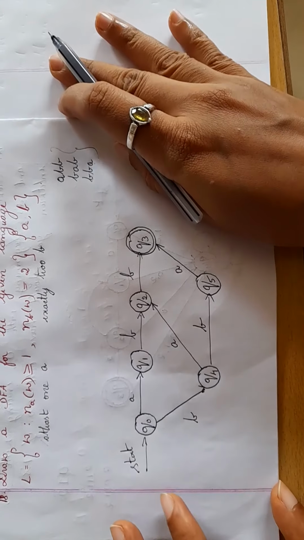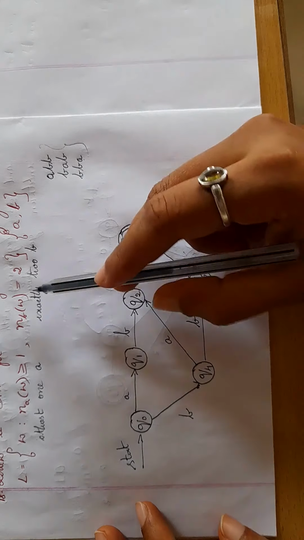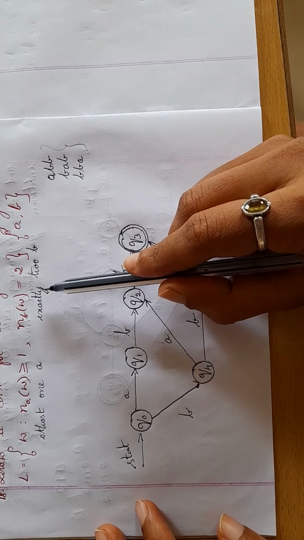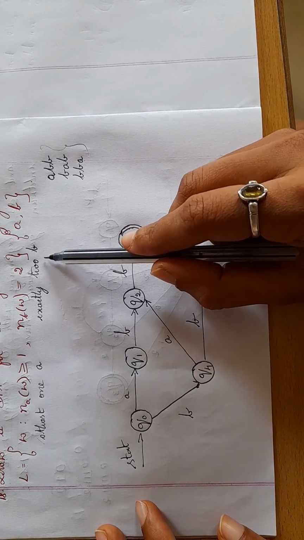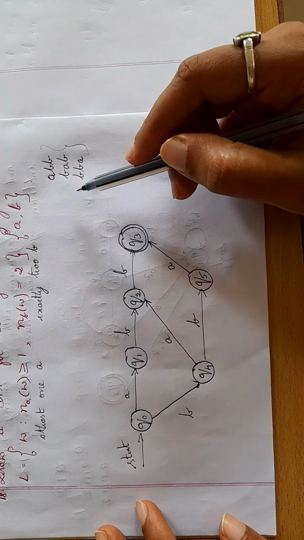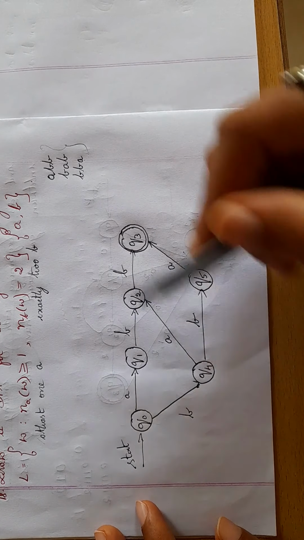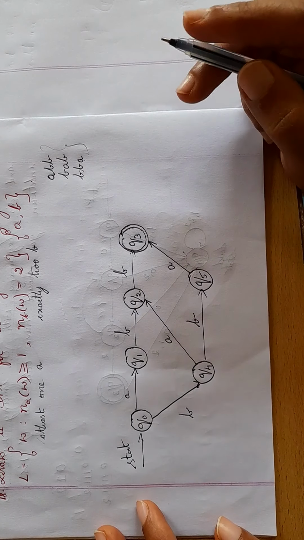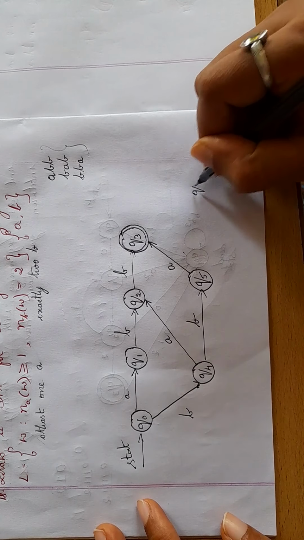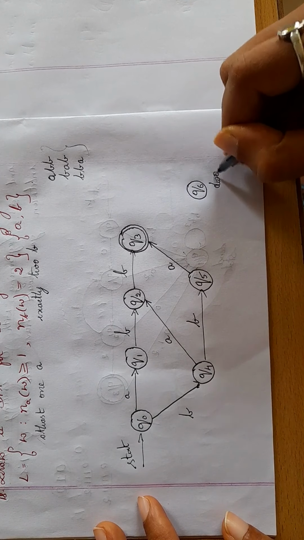Next, I have to check for other possibility. In the question they have given exactly 2 B's. So if you read more than 2 B's, then it shouldn't be accepted. So whenever you get one extra B, you can directly put it to dead state. So I'll take one state Q6 here. I'll take it as dead state.